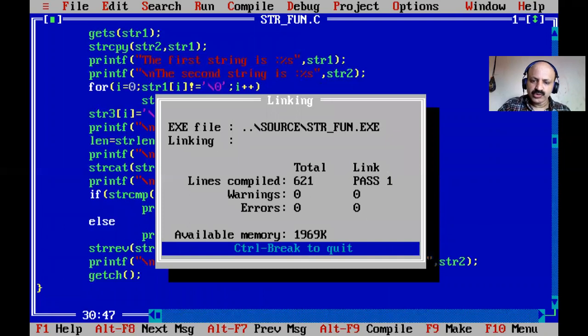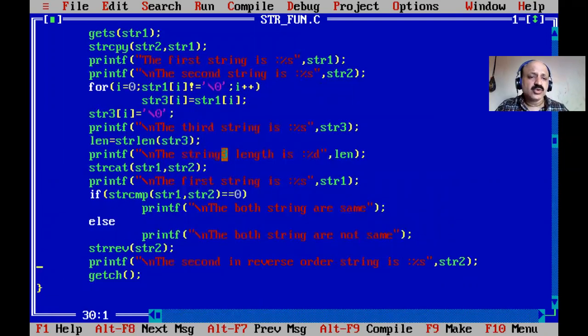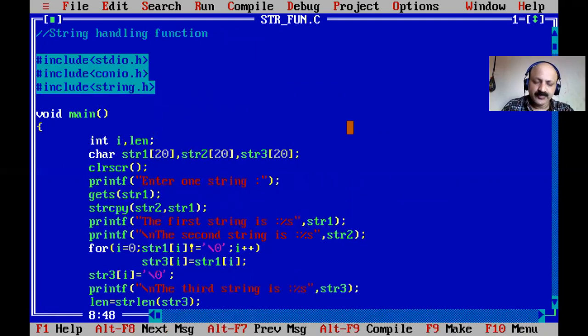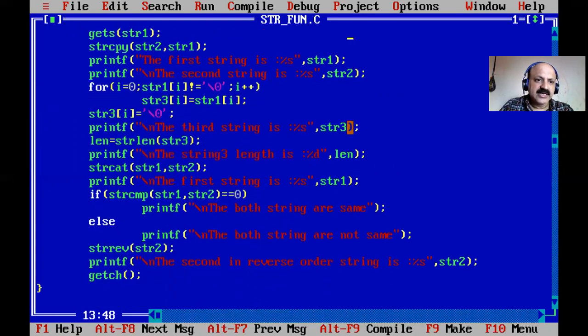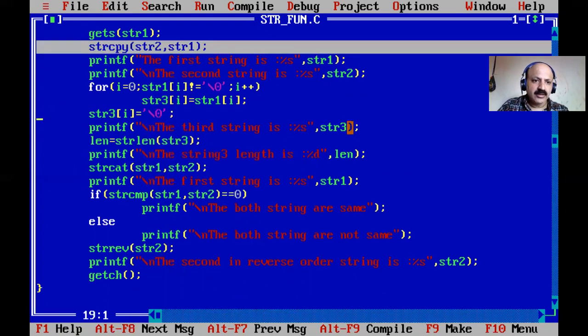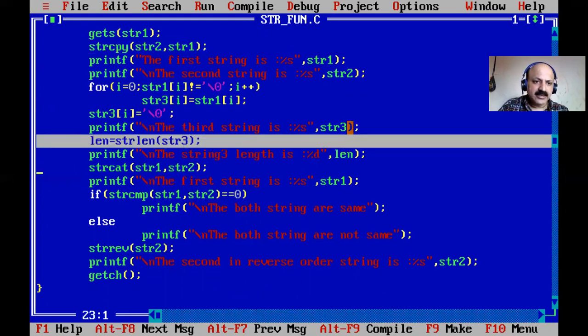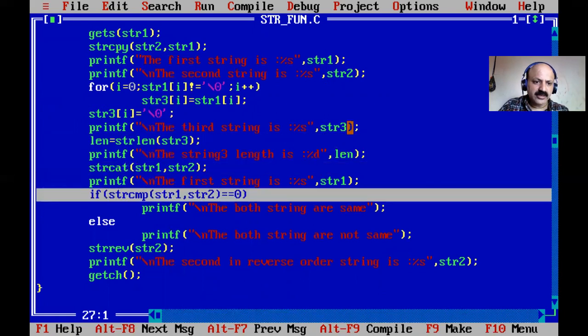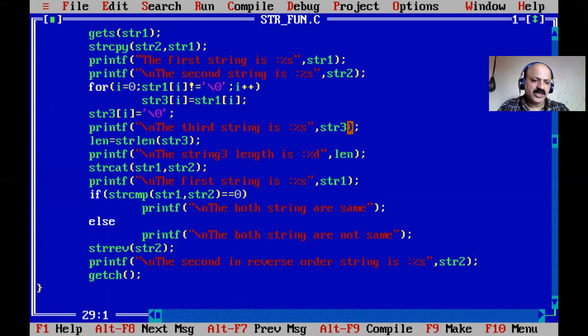So now we have many string functions to test, and we can also use copy, comparison, concatenation, and number of characters. That is also possible, but we cannot take it in this example. So that is the first string. I use strcpy, strlen, comparison, and reverse. So I think there are 5 functions we have to use. Yes, first copy, then length second, then concatenation third, comparison fourth, and reverse is the fifth.